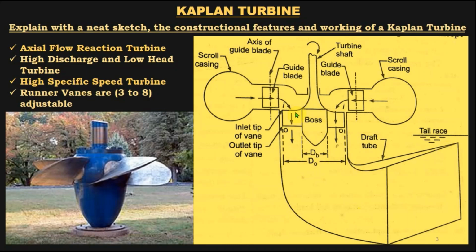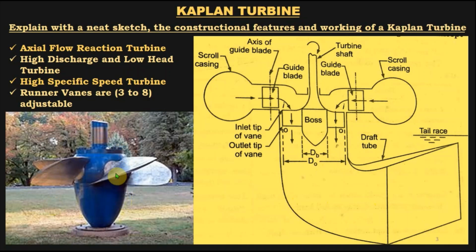So after the energy transfer and energy conversion from the pressure to kinetic, the flow is discharged to the tail race from the runner outlet. And we can have different types of draft tubes. We are familiar with this kind of draft tube already, a draft tube with a circular inlet and a rectangular outlet. And finally, through this draft tube, the water is discharged to the tail race. Here the diagram of a Kaplan turbine runner is shown.